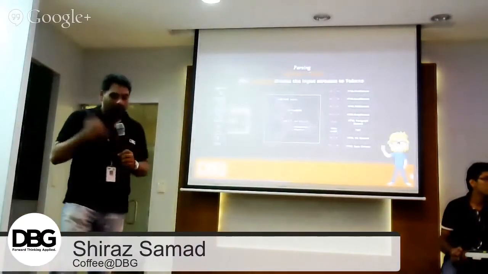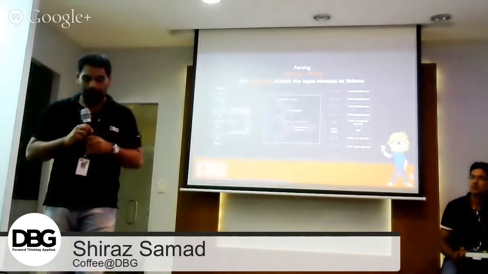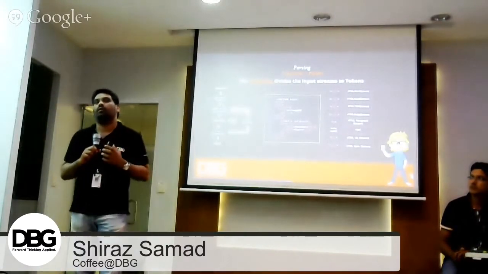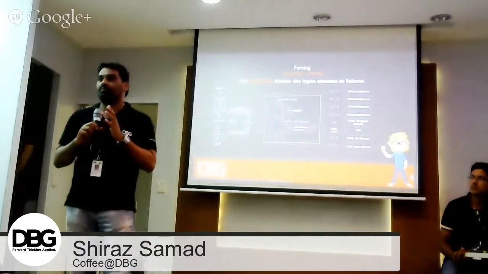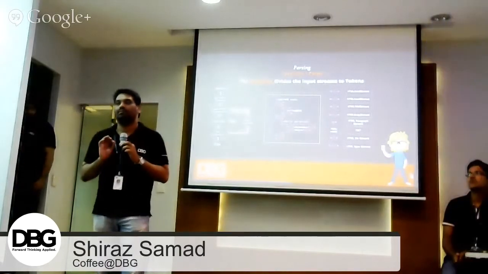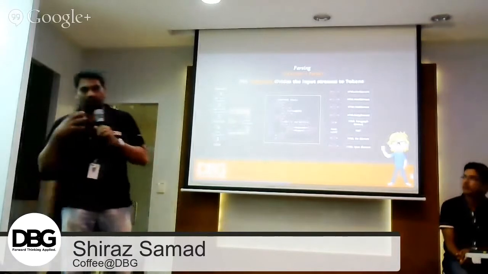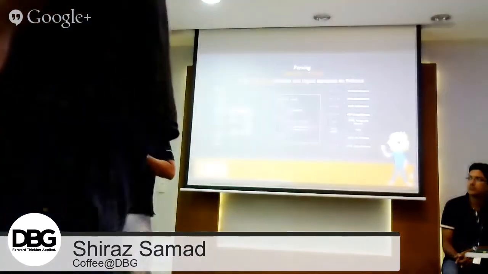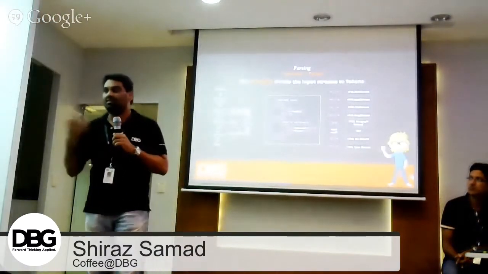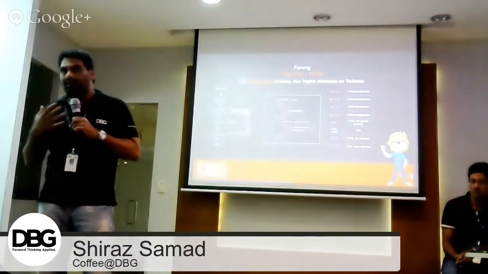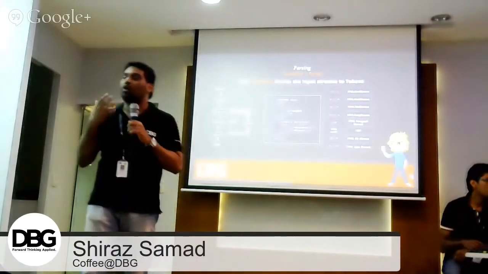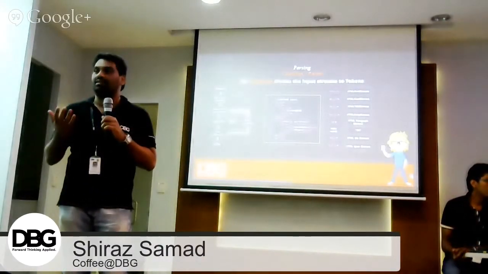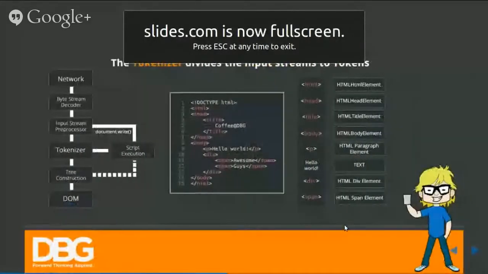First of all, I'd like to talk about parsing. Parsing is converting HTML code to a render tree. It's the first step which happens. HTML can't be parsed like other languages, such as Java or C, because of its reentrant nature. The rendered output can be changed with the help of JavaScript or something like that.